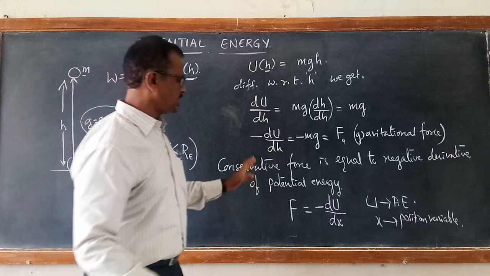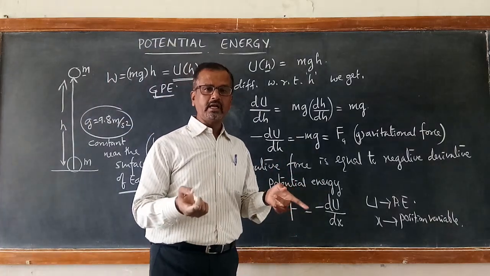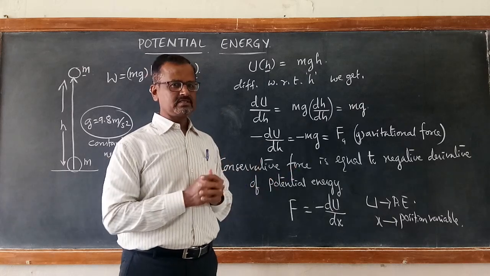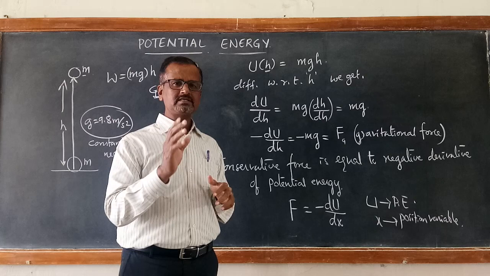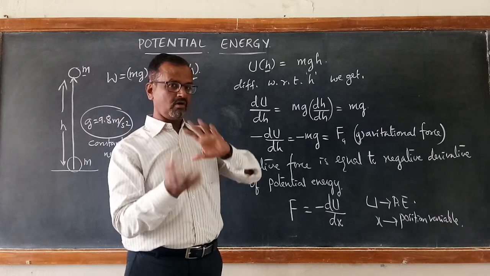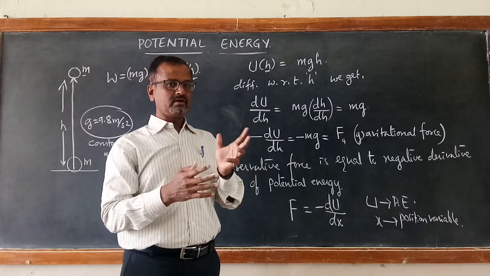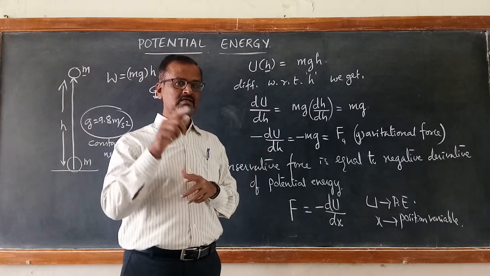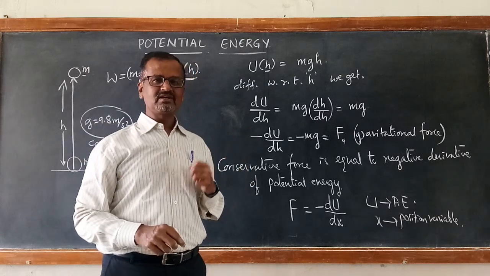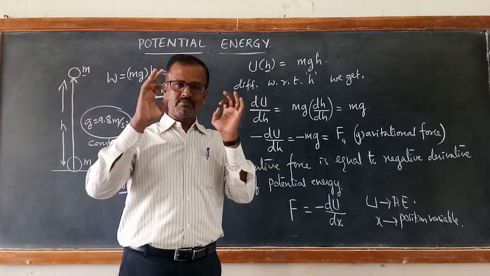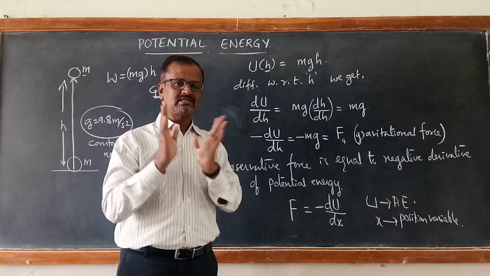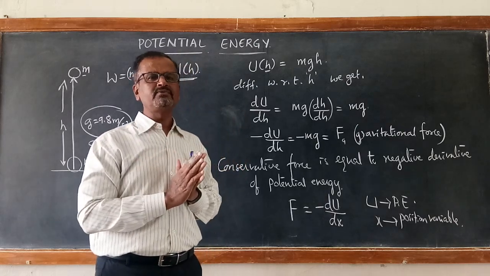Potential energy is that stored energy, in which work done against a conservative force is stored in the form of potential energy. I think you got the point. Potential energy is the stored energy when work is done against a conservative force, or vice versa. In the reverse order, what is a conservative force? Conservative force is the force work done against which is stored in the form of potential energy. So potential energy is possible if and only if work is done against a conservative force.